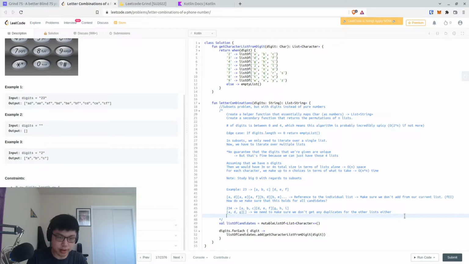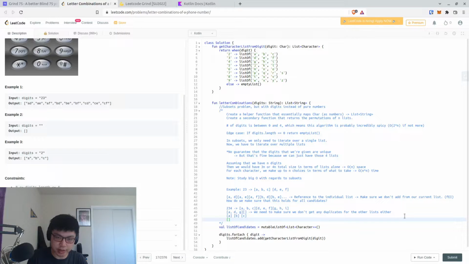What if we did A, then B, then C, then for each of them we did AD, AE, AF, and then B, D, B, E, B, F, and then C, D, C, E, and C, F. So basically we just go through